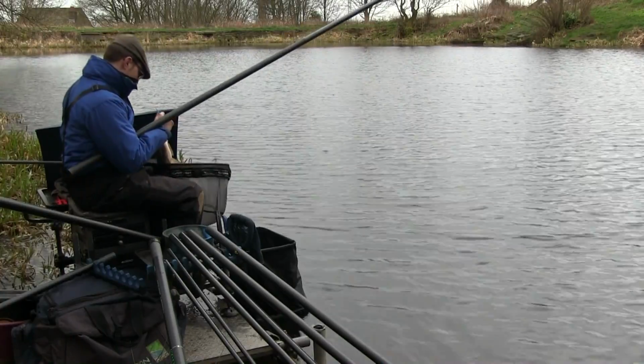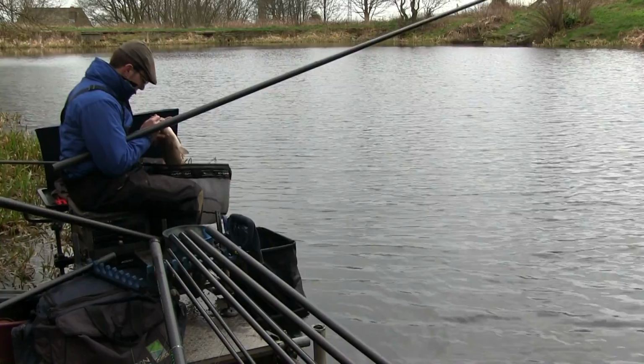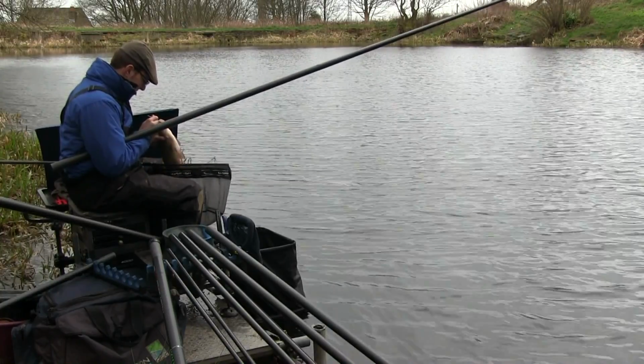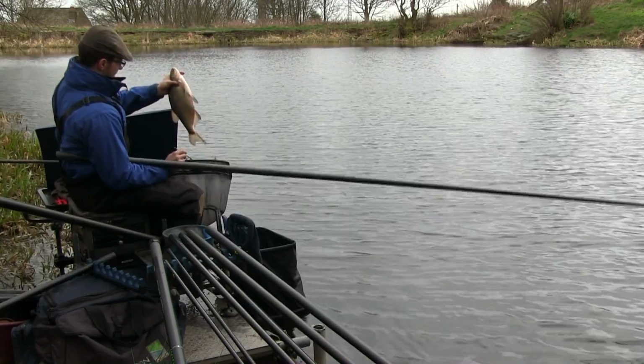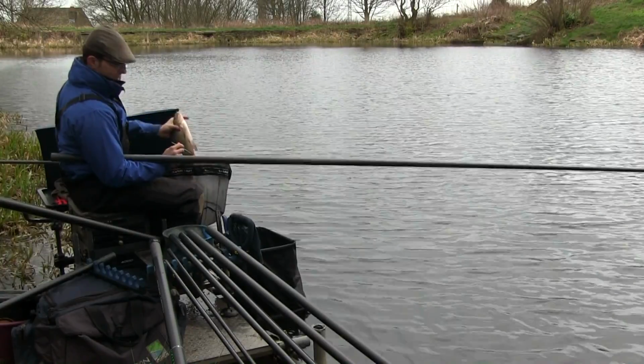That's a belting fish. And even though that's only a tiny little size 20 hook, purely because we're using a micro barb there, that's miraculously managed to stay on. That's a belting fish in absolutely mint condition as well. So we'll get him in the bag,